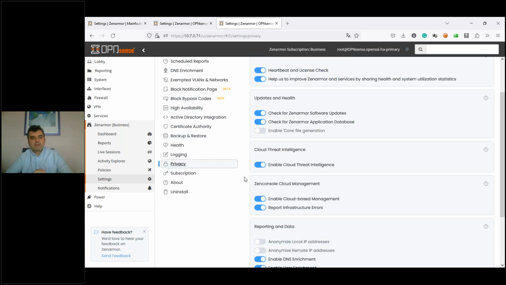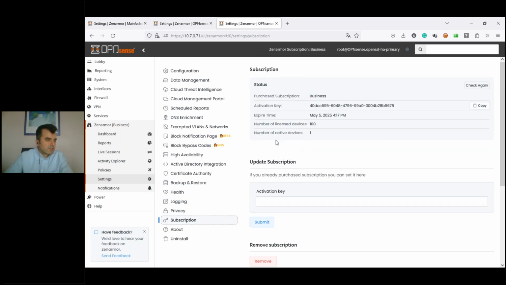Sometimes we have tickets about this, and this increases the active device size for the license as well. So some users say that the device size is abnormally high. So you need to check these settings if it's activated.